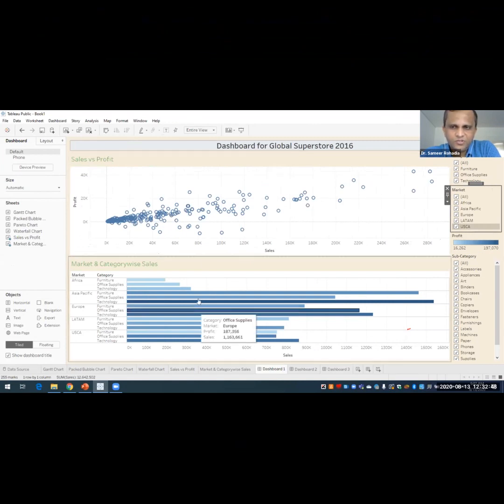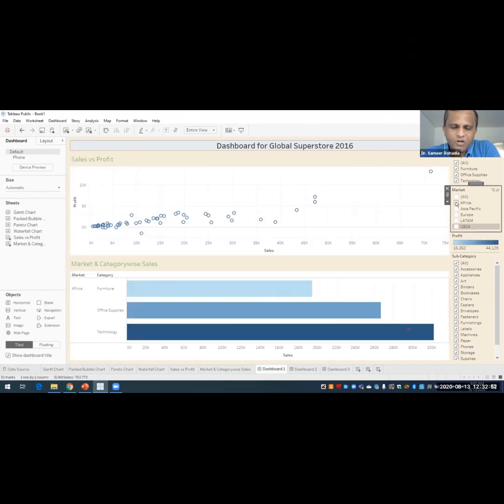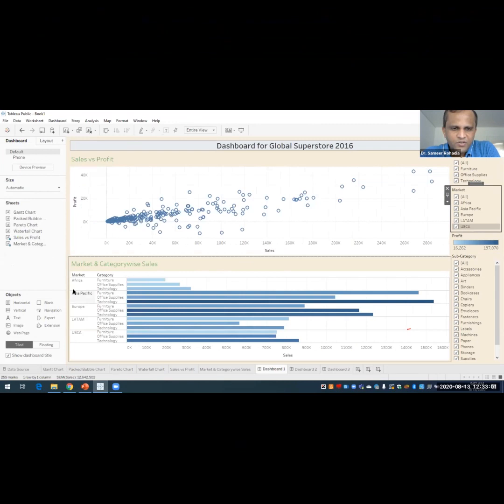This is the fixed size of sheet 1 and of sheet 2. Even if I select only Africa, I can see the bars very clearly. But if I click all in the market, then the bars are very small and I am not able to see them clearly. And the size of both the sheets is the same in a normal dashboard.